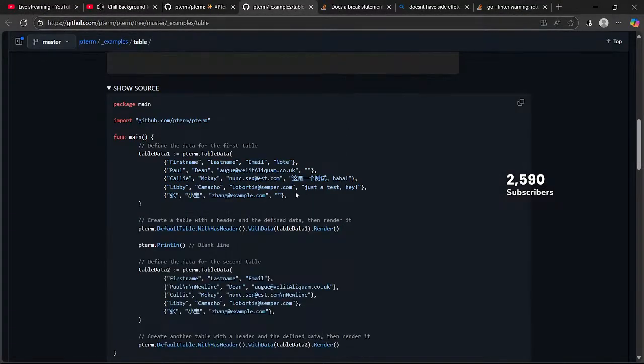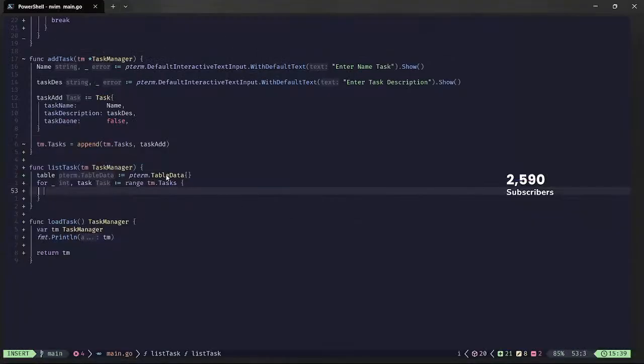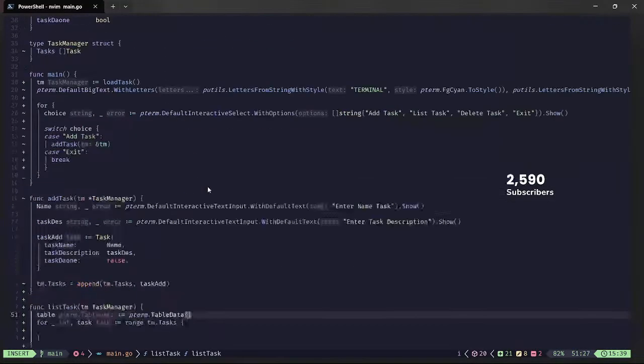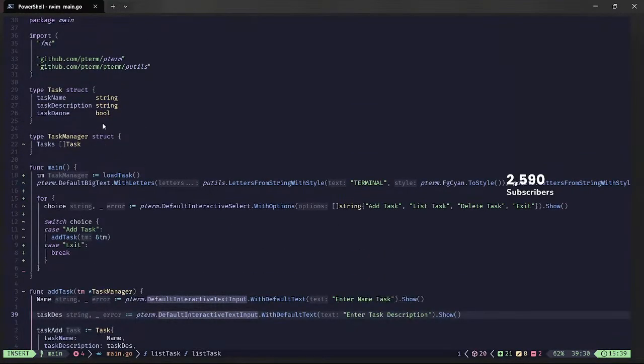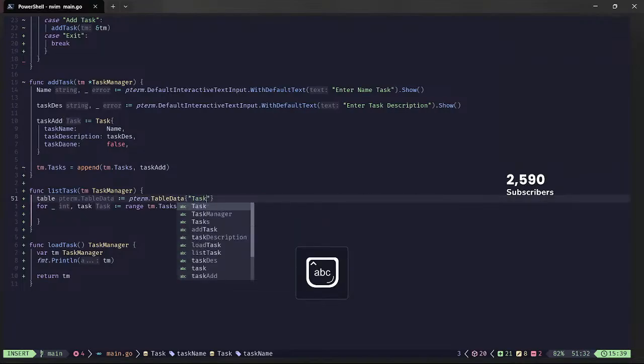Table data, P term default table with table data, render, because in this one table data would be task name, task description, task